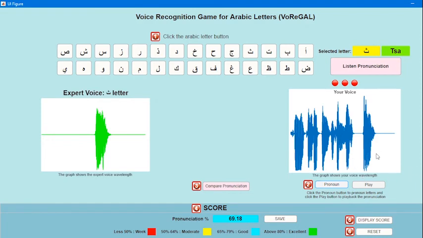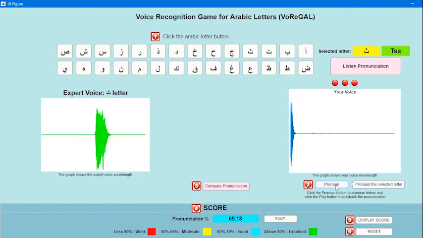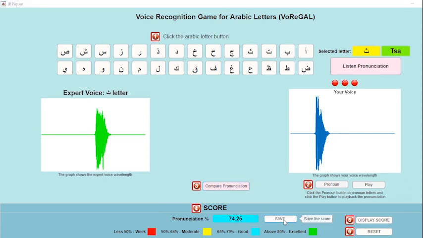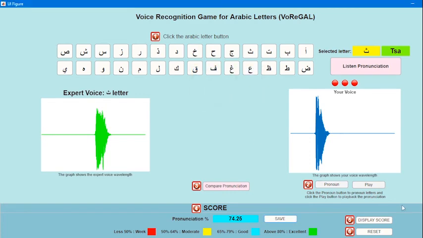Now this is because I'm talking, so do the pronunciation again. And he can do the comparison and get the score, and click the save button so that the score will be saved into the database. Click OK over here. And similarly, if he wants to look at his achievement, he needs to click the display score over here,